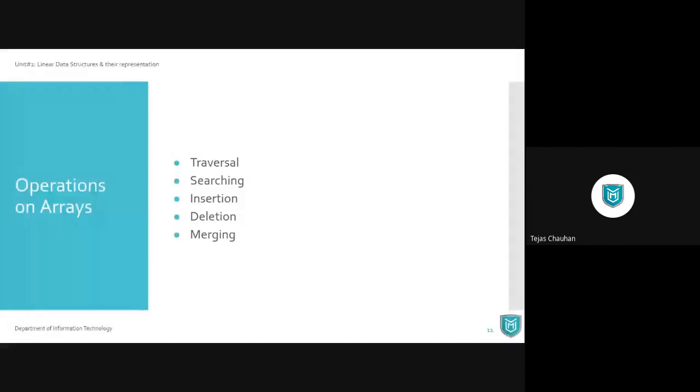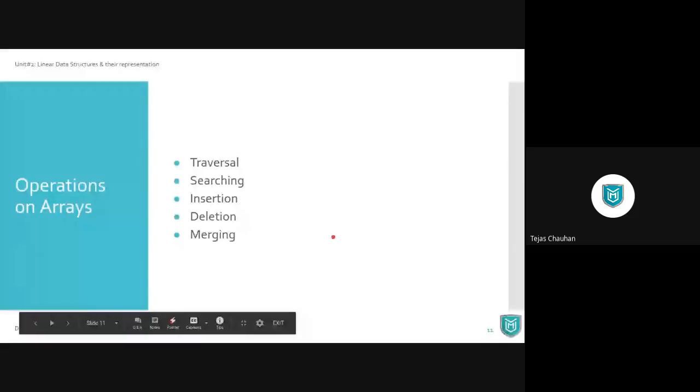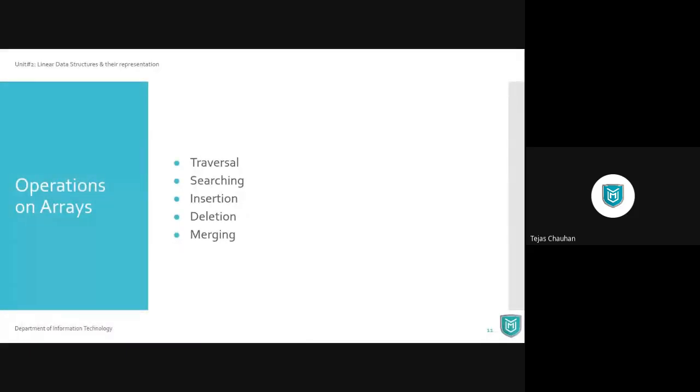Okay, so let's move on, and we want to have a look at these array operations now. Traversal: you simply want to traverse your array and visit all your elements. Once you traverse, you can do anything that you want. You can print it, compare those numbers, count those numbers, find the average, whatever you want.